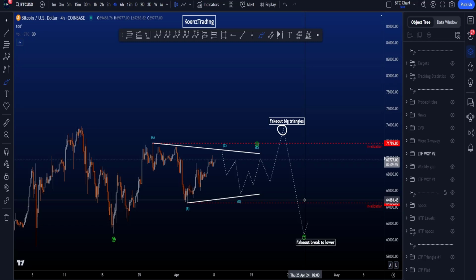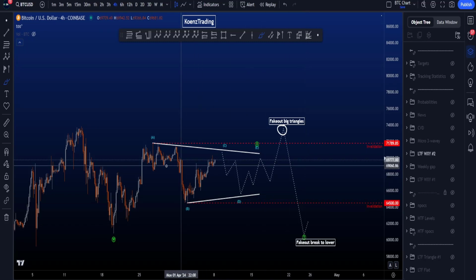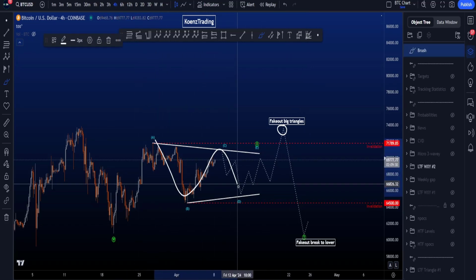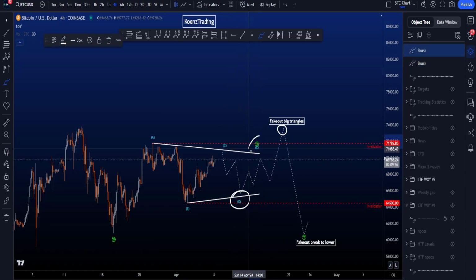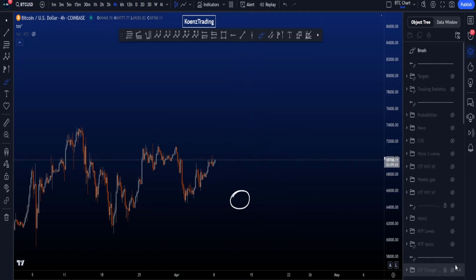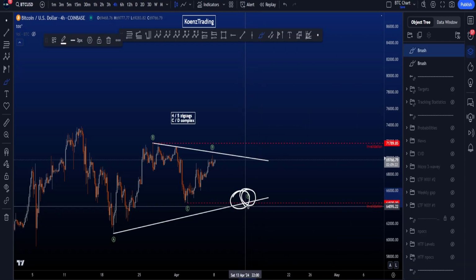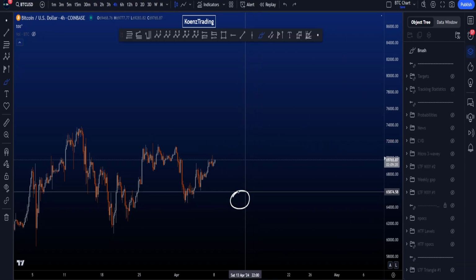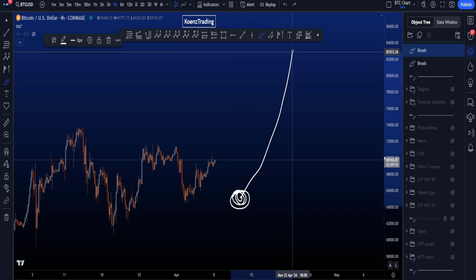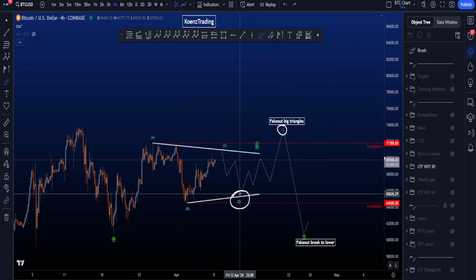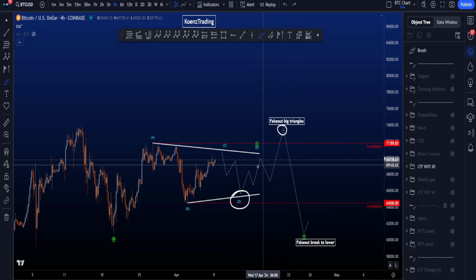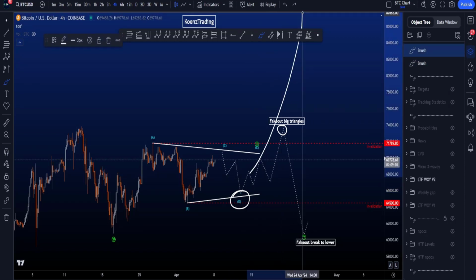So here we actually create a fake-out of the triangle, because we have our A, B, C, D and then our wave E. However, wave D in this wave X is wave E in the triangle that many people are looking for. So after this move, they are looking for a breakout to the upside. However, in this WXY scenario, we're not breaking out, or I mean we are breaking out, but we don't see